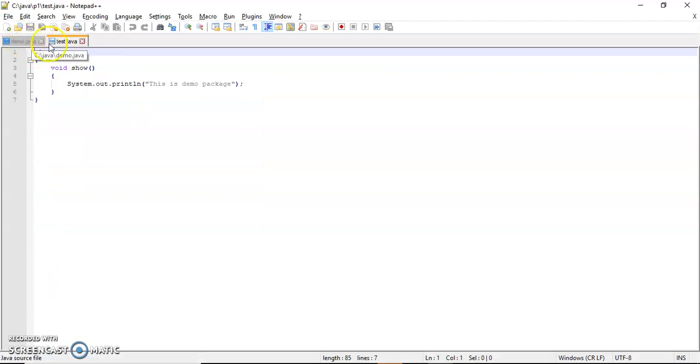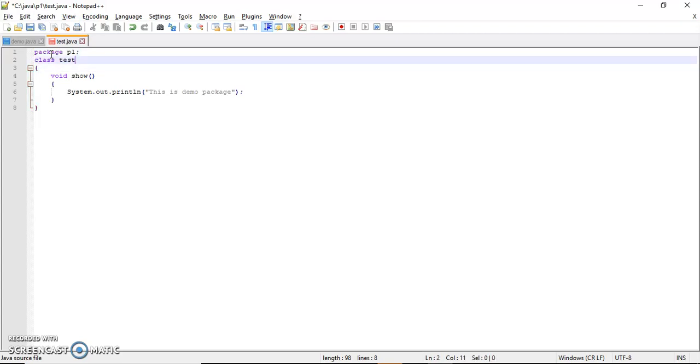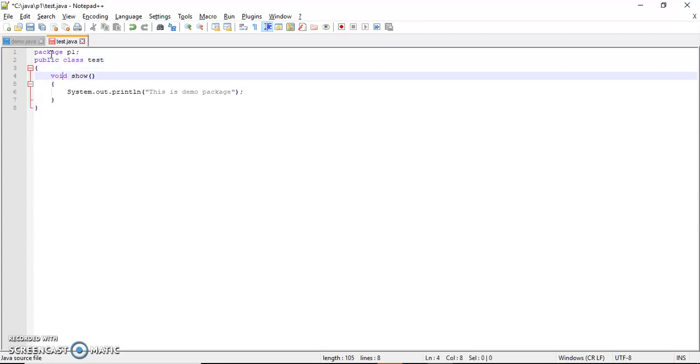What changes do I have to make? I have to declare this as a package, and I give the folder name the same as the package name: package p1. Then for these to be accessible in the package, I have to write public class, and the method is also public. Then save the program.